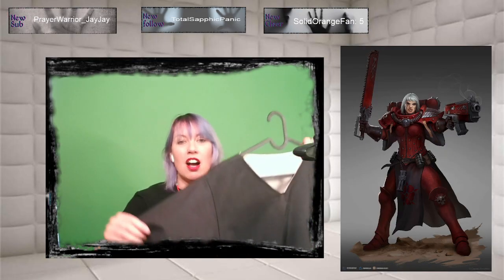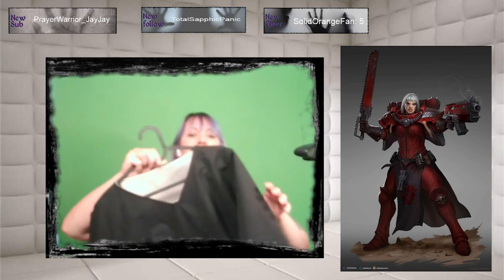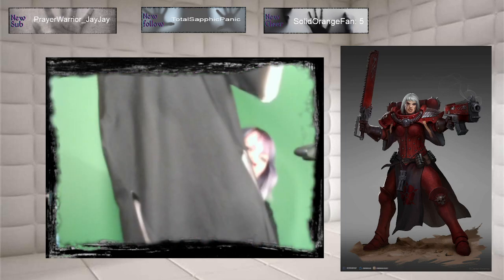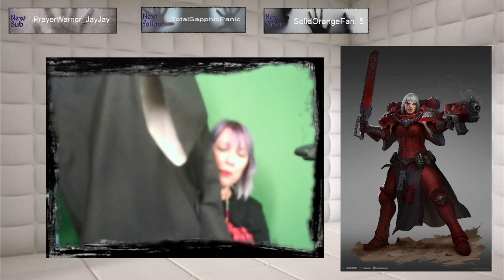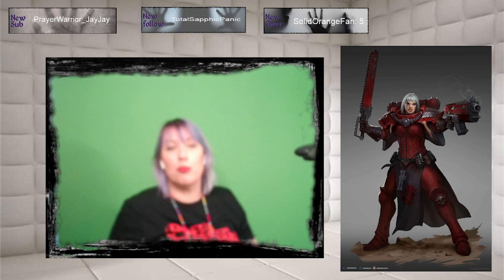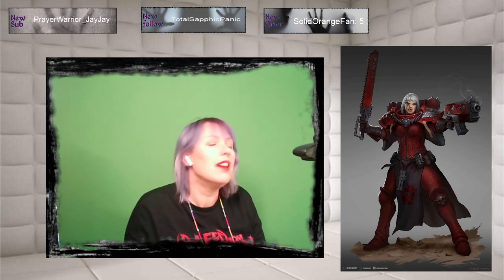So this is the... so normally, and then it goes all the way down with the little split. Most Sisters of Battle cosplayers have a bolero for the sleeves, and then the skirt part, the two flaps, loose and attached to the belt usually. But I didn't want that. I wanted to be able to take off the armor and still have the feeling that it's a Sisters of Battle.